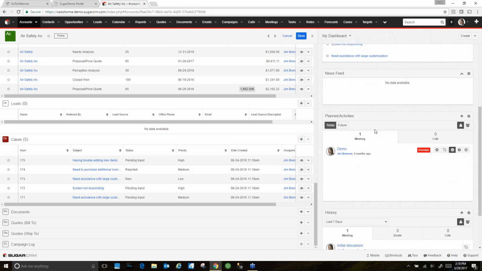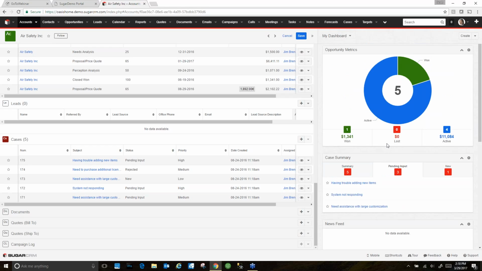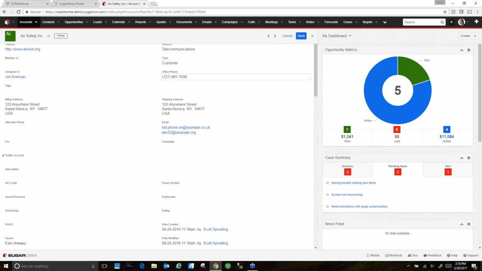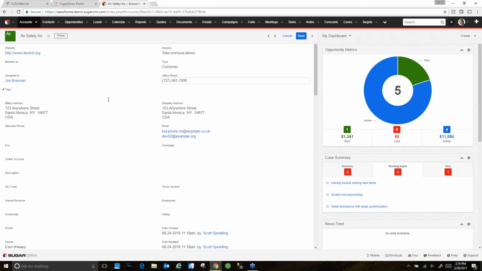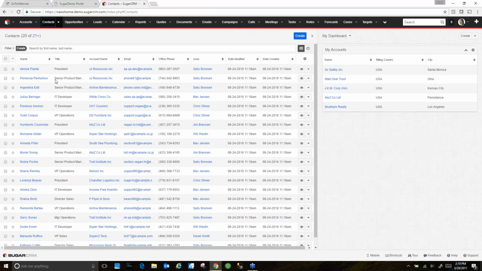If I scroll down a little bit further, I can see any planned activities in regard to this particular client. So a lot of information that's visualized in a really nice way to the right of your screen. But again, to the left, it gets as granular as you want, so you can see all of the detail that you would want to see on a particular client. And that's really the same sort of layout that you could view across all of these modules or across all of these databases. So like right now I'm in contacts,